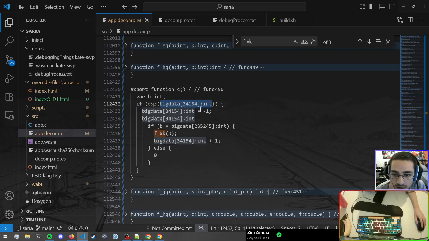If it's equal to 0, it'll make it equal to -1, and then it'll make it equal to this. So I guess the first time it'll start, it'll be 0, and then the second time it'll be this. So I'm guessing this is some type of render loop or something, because